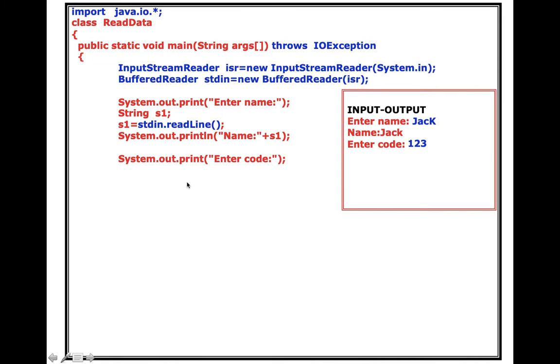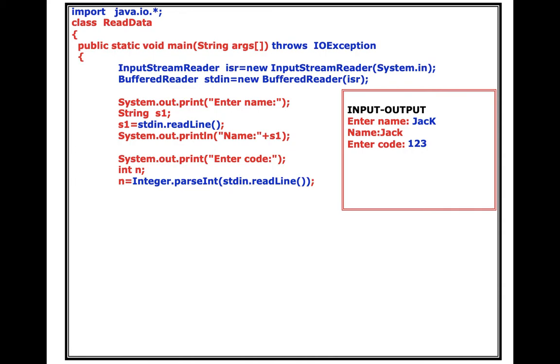It is integer. So I'll create one int variable, let's say n. Now what I want to do is, I want to take 1, 2, 3 from the user and assign it to n. Now how do I do that? So listen to this carefully. Things are difficult, things are interesting. So I write this. n equal to Integer.parseInt